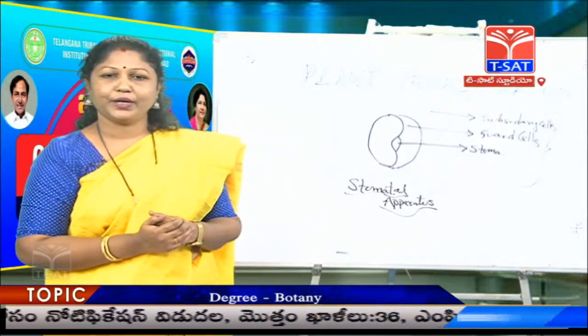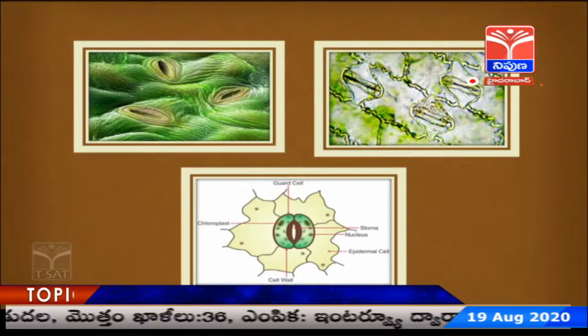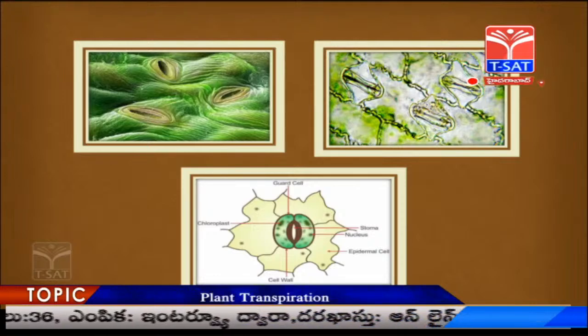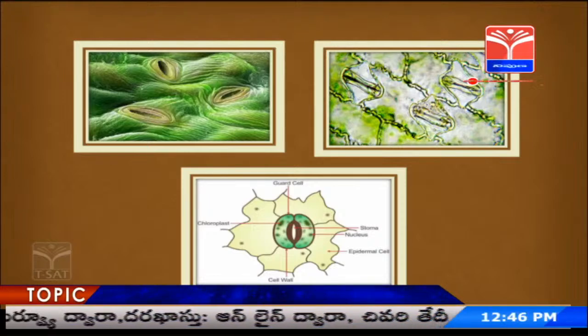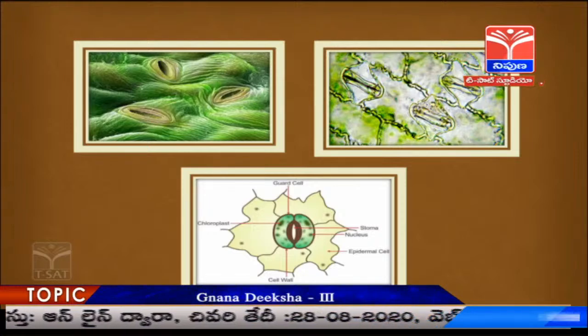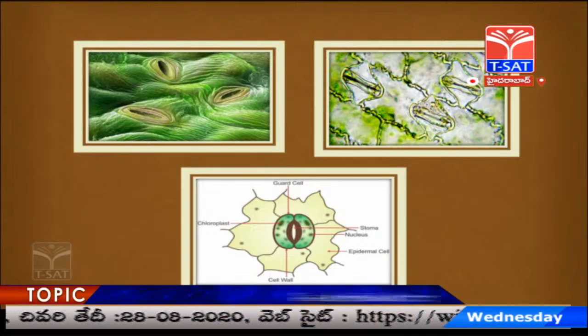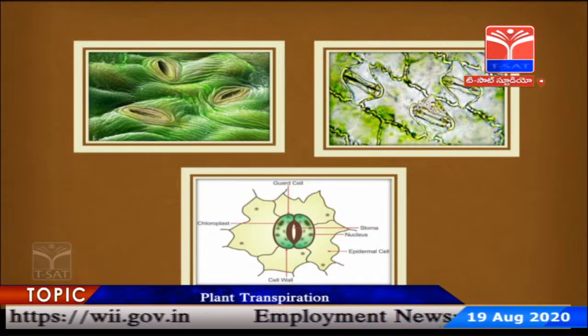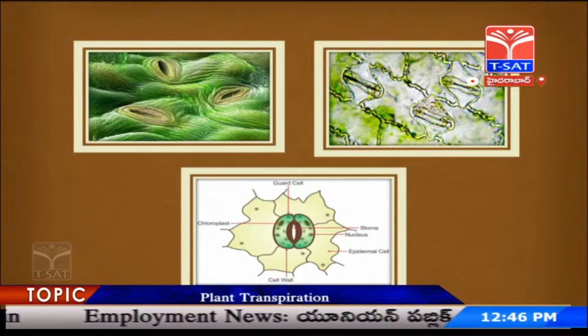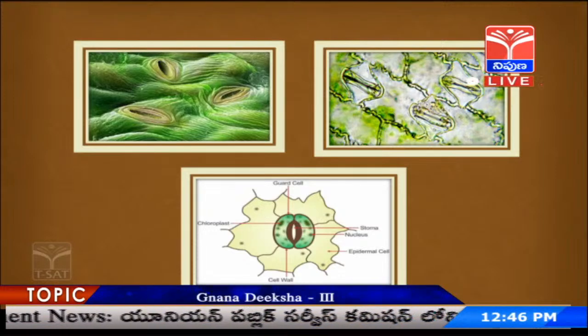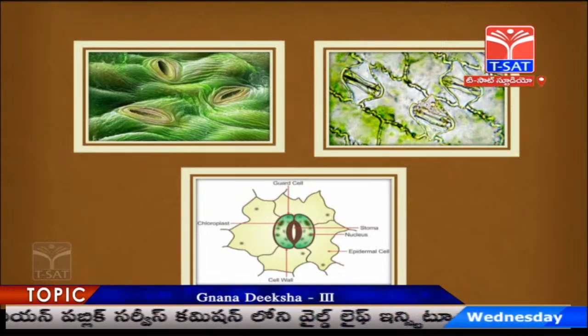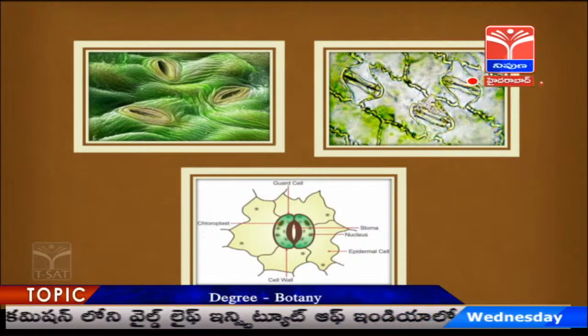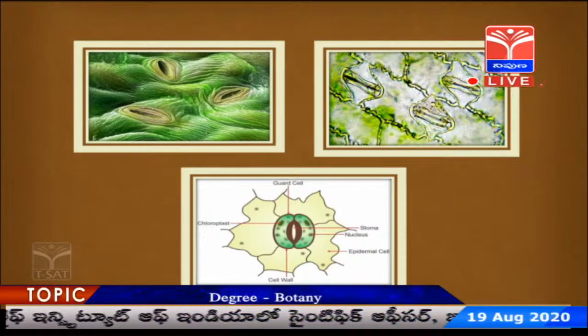So, in the picture you can see on your left side a dicotyledonous stomata type, and on your right side the grass type of stomata, and in the center you can see the picture of the stomata, that is the total stomatal apparatus. A small opening pore called the stoma, surrounded by two guard cells, and they are surrounded by epidermal cells over here. There are no subsidiary cells in this particular picture.